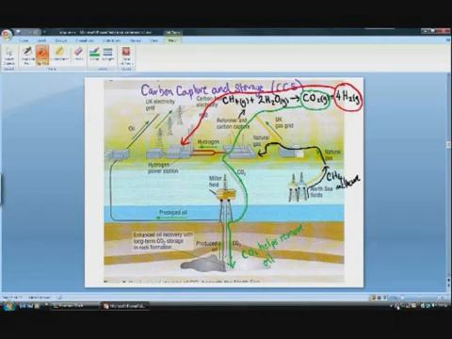Now the question is, how much CO2 can you actually put under the ground like that? How much can the Earth store of CO2? And the answer is an awful lot. In actual fact, if you think of all the fossil fuels that's burnt, or it's possible to burn, then it should in theory be possible to store all the CO2 away so that it doesn't come out into the atmosphere.